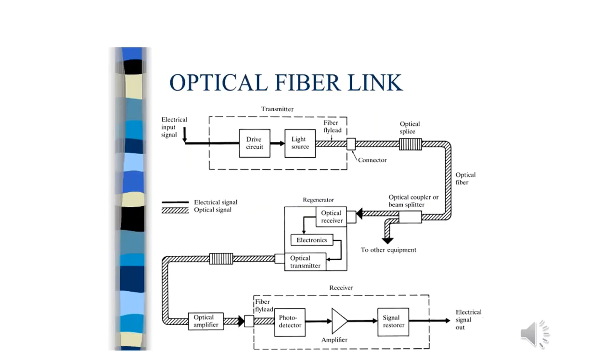The next one is the basic elements of an optical communication system. It consists of three parts: one is the transmitter, then an optical fiber cable, and the third one is the receiver circuit. When the input data in the form of electrical signals is given to the transmitter circuitry, it converts them into a light signal with the help of a light source, which is placed in the transmitter part. The light source may be an LED or laser.